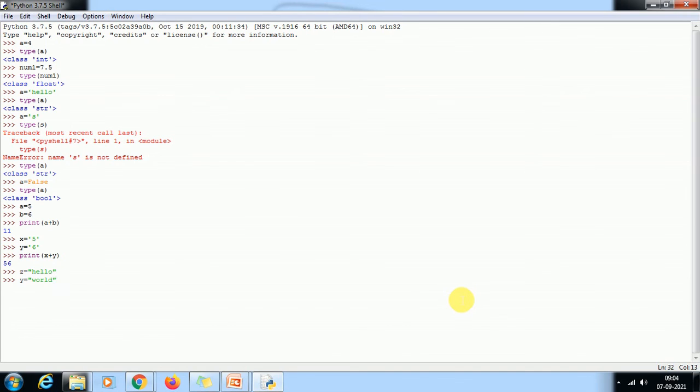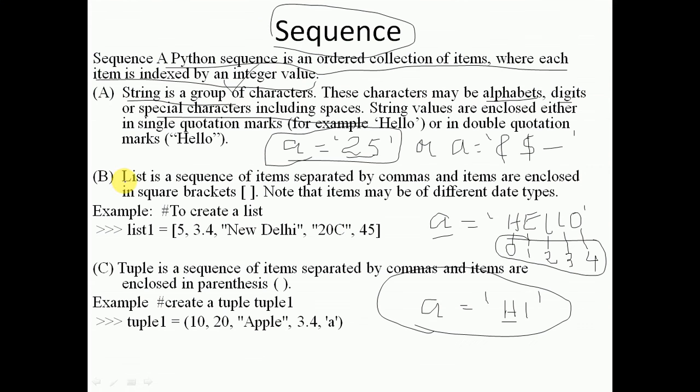And if you want to see the result for concatenation, Z plus Y. See, it is showing hello world by concatenating the two strings, that is Z and Y, that is hello and world.